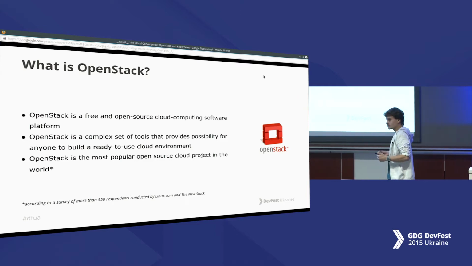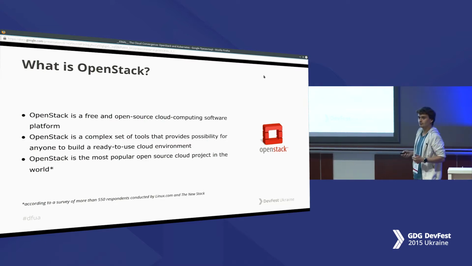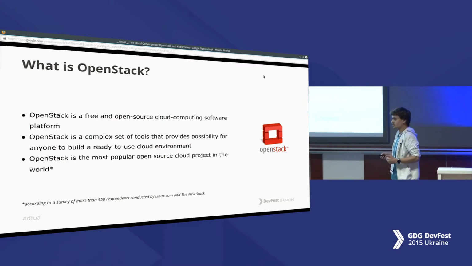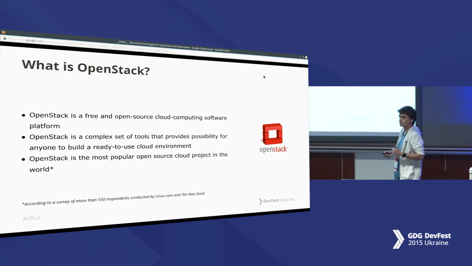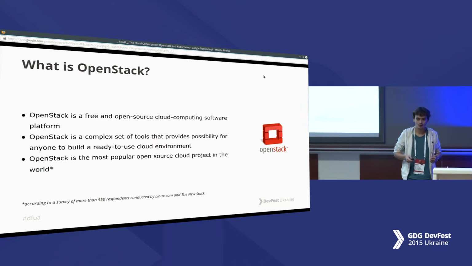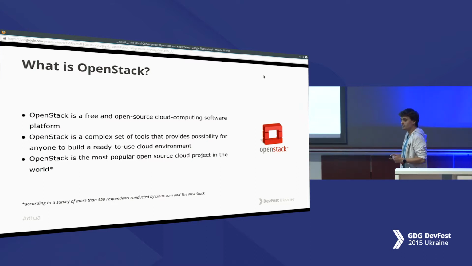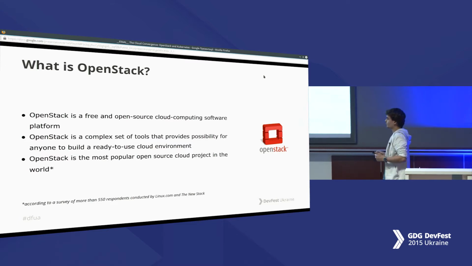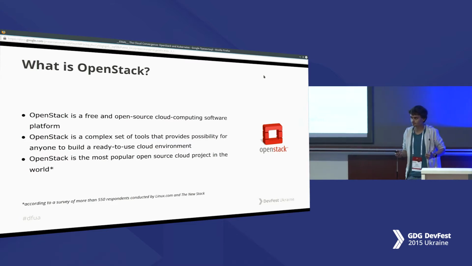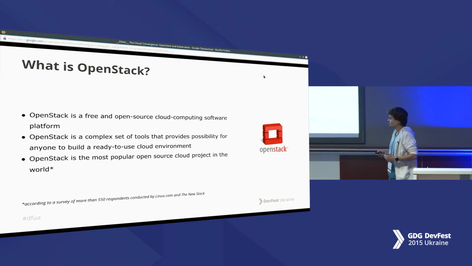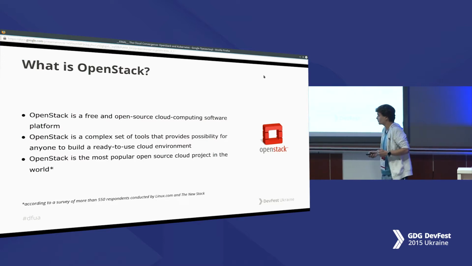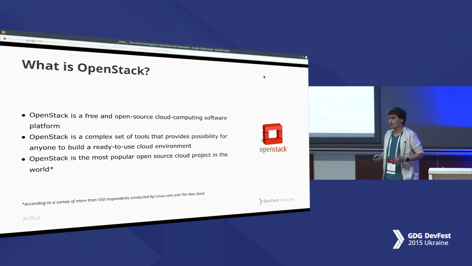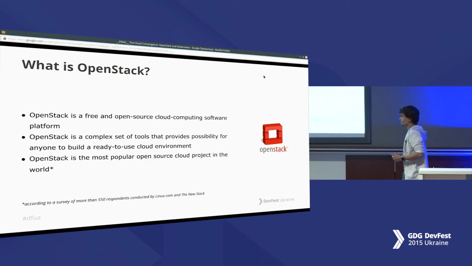According to the latest polls performed last year, OpenStack is the most important and the most popular open source solution for building clouds, and it's the most popular open source solution overall. Because number 2 is the KVM hypervisor and number 3 is Docker. So OpenStack is more popular than these two solutions.